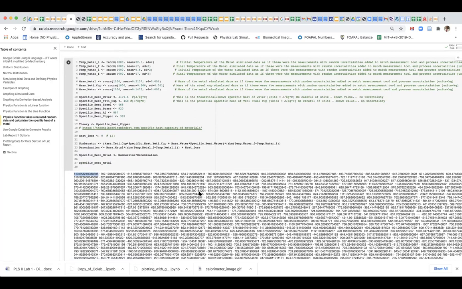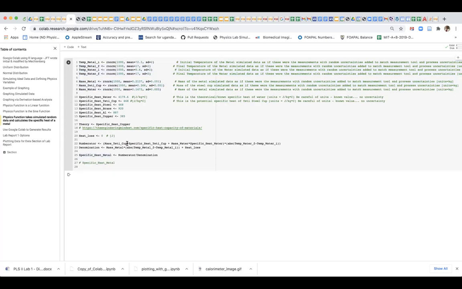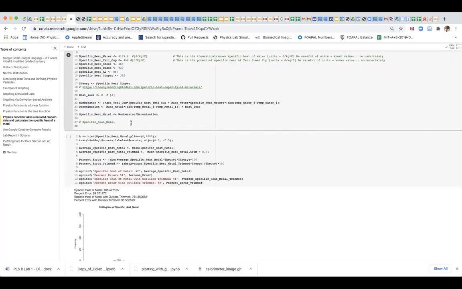Okay, great. So you can see that there's actually 1,000 different data points that we used, albeit generated data points. And so there are going to be 1,000 different calculations for specific heat. So I'm actually going to recomment that out so I don't see all of that data. But what I want to do is get a histogram of that for every single calculation of the specific heat. And I want to get an average and a percent error. So if I run it,